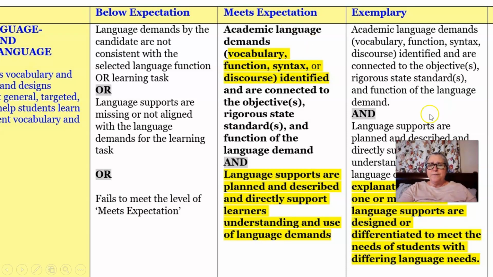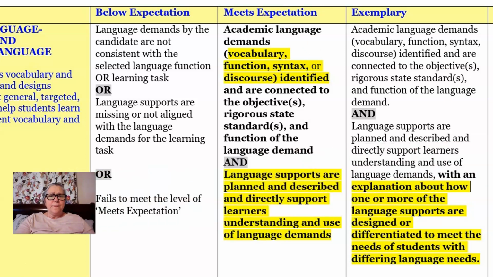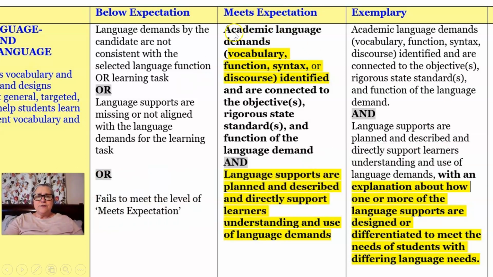So let's look at the rubric that we have for our lesson plan. Meeting expectations: academic language demands, and these are the demands: vocabulary, function, syntax, discourse. If somebody says, what are language demands? You're going to answer vocabulary, function, syntax, discourse. These demands are identified and are connected to the objectives, the rigorous state standards, and functional language demands. Then you have supports that are planned and described and directly support the learner's understanding and use of vocabulary, function,